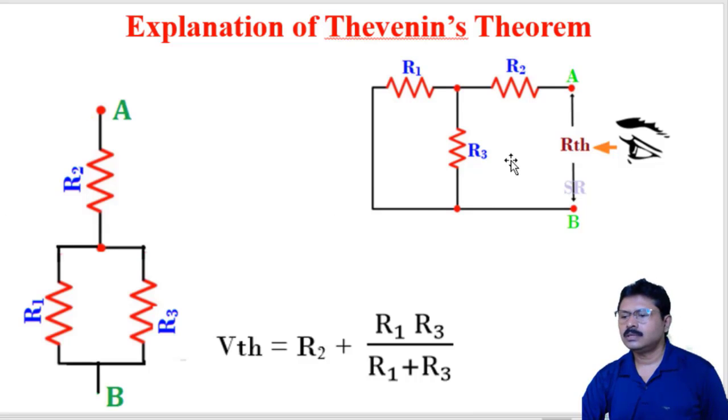If we feel any difficulty understanding the series and parallel, then we may redraw the circuit as per our suitability. In this case, we started walking from here. So this is a point. We walk through this R2 resistance. Then we found two paths. One path has the R1 resistance, another path has the R3 resistance, and ultimately these two paths meet at a particular point, and this is the B point. So from this circuit we can easily understand that this is series and these two are in parallel. So this way we will find the RTH.